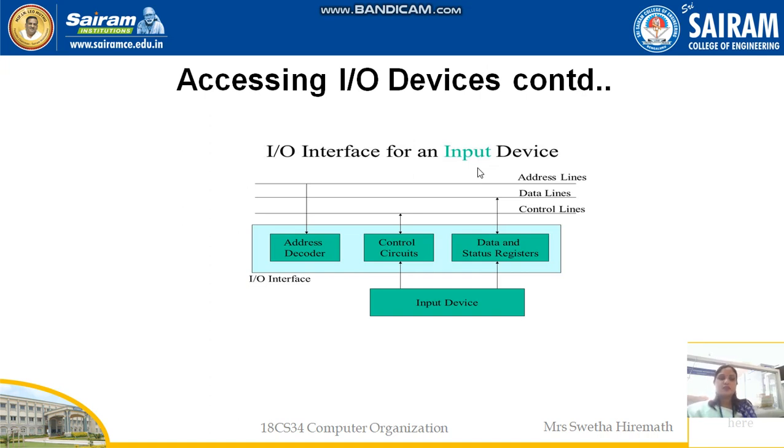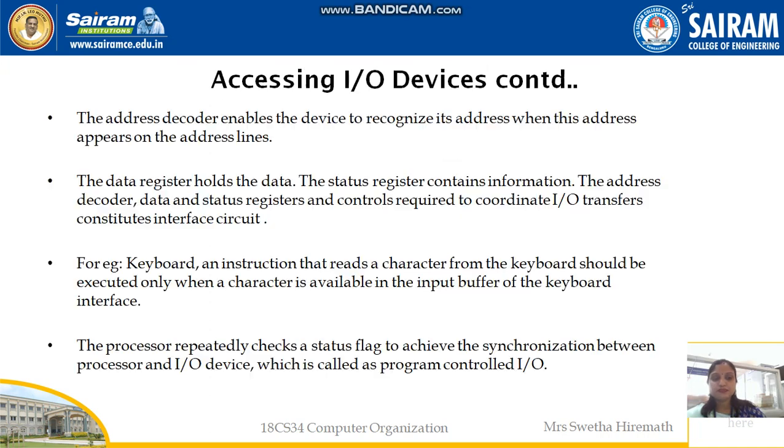The control information, like "I am the one with whom you want to communicate", and all those types of messages, or the status flags that will be set, or some control signals sent from the input device, will be passed through the control circuit to the control lines of the bus. And there is also a unit called the data and status register, in which we transfer the actual data through the data register. The status register indicates when the input device is ready to send the data, and when it is ready to receive the data from the processor.